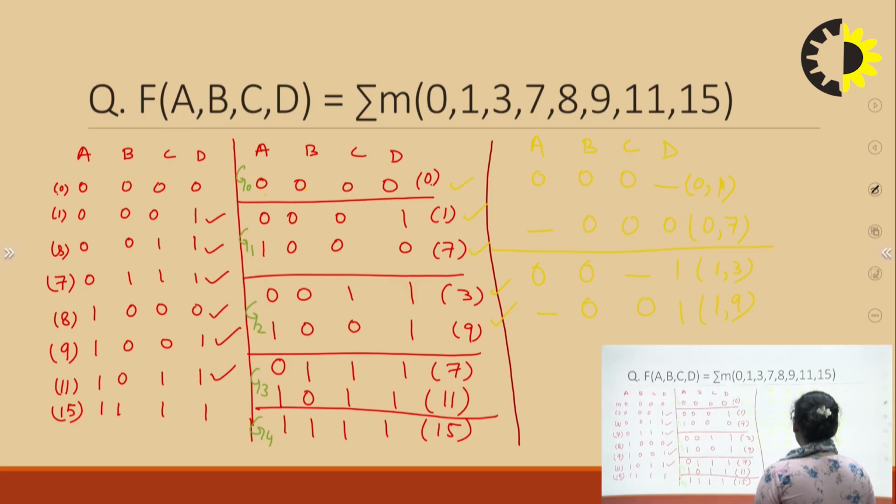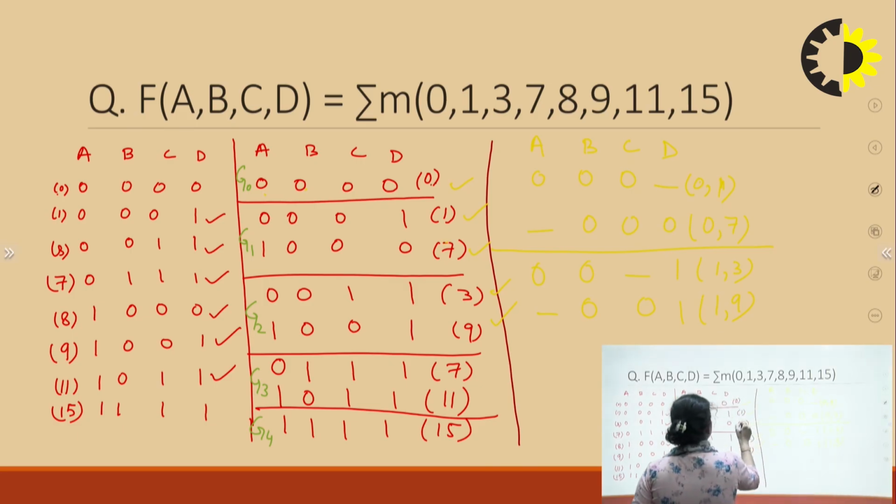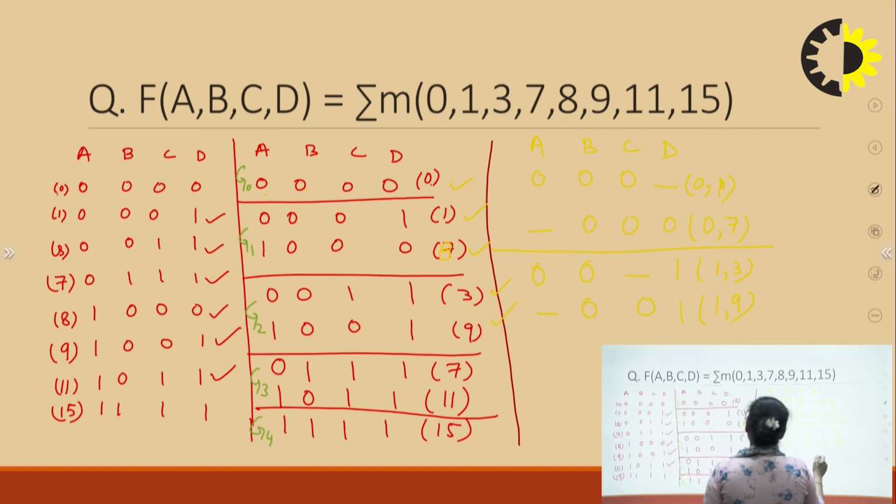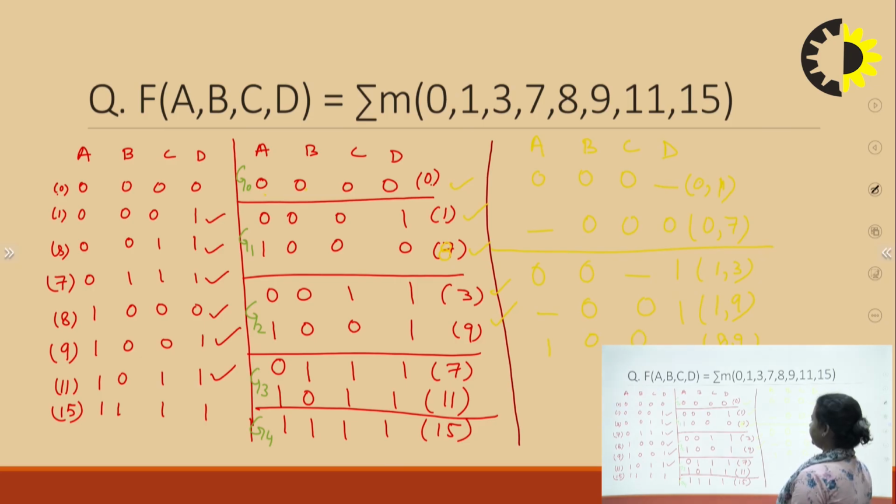So what you will do is you just write, basically this is not 7, this is 8, right? So you just compare and you write 8 comma 9 and you just put 1 0 0 0 and dash, right? So I think all the minterms are compared now, so you just put dash here.